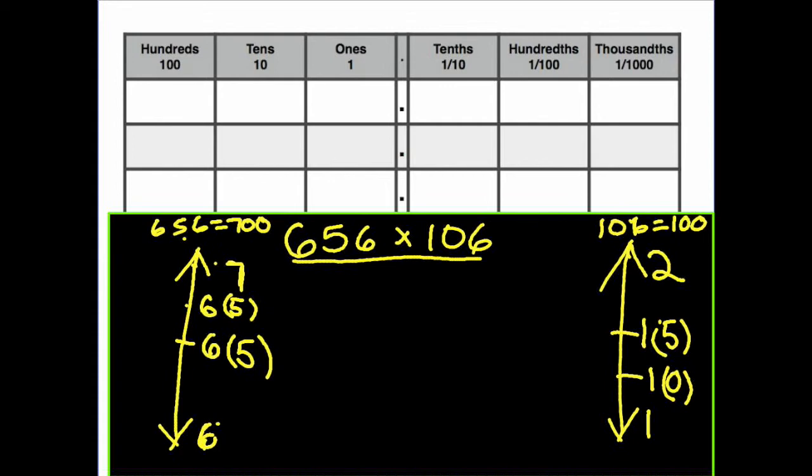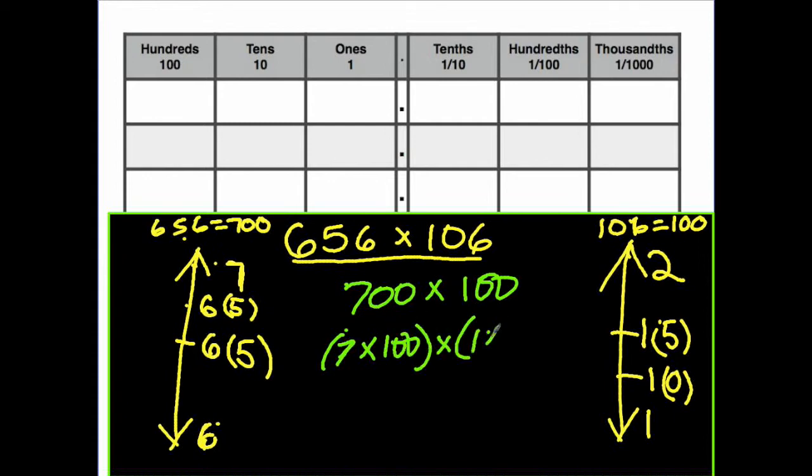And that's how I got the vertical number line. Good job. So what we're left with when we round is 700 times 100, and if we did our distributive property, we could take 7 times 100